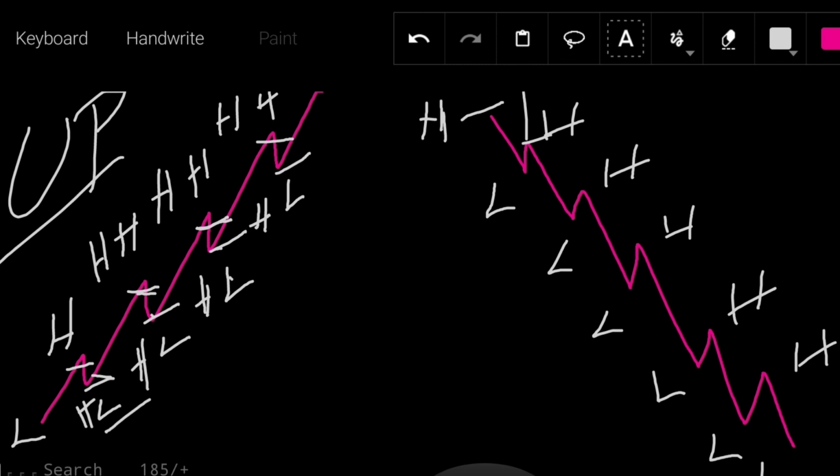Okay, if this high is lower than this high, yes, so this is lower high. If this is lower than this one, so lower high. This is lower than this one, so lower high. This is lower than this one, so lower high. So that's how we get this lower high. And now this is the first low, so we'll leave this, and we'll start with the second one. So this low is lower than this low, so we'll mark it as lower low, and this low is lower than this one, so we'll mark this as lower low. Similarly for this,